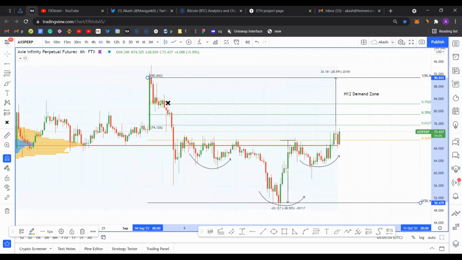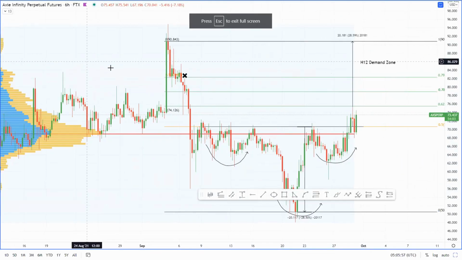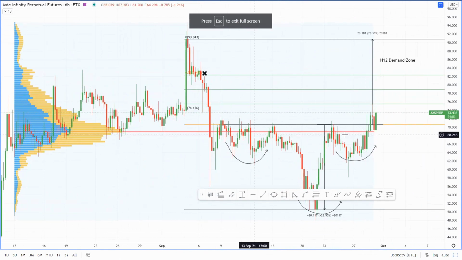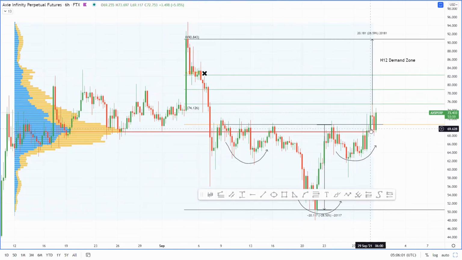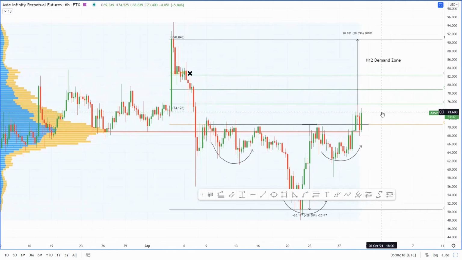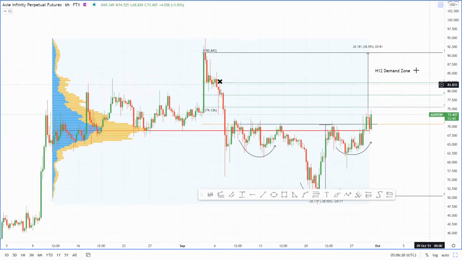Right, so I was looking at this volume profile yesterday, and I noticed that the point of control was somewhere around here. And once Axie Infinity broke above it, we didn't really get a retest of it. And I was expecting this, right? So when I added more to my position, I actually added somewhere around here yesterday and added more to my position again yesterday. And yeah, I'm currently in this long position, full disclaimer.